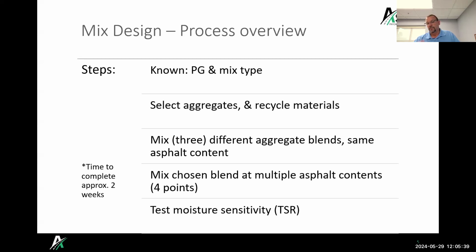Once we know that that aggregate blend at that asphalt content will meet all the specified specifications for your mix volumetrics, then we do a moisture sensitivity test on that material. What we're trying to do there is make sure that the mix isn't susceptible to moisture damage, which can cause the mix to unravel and not stick together. The typical time to complete all of this is about 2 weeks if we're starting out a new mix design. It's not something that we just throw a bunch of materials together and have done in a day. All right, so not an instant process.